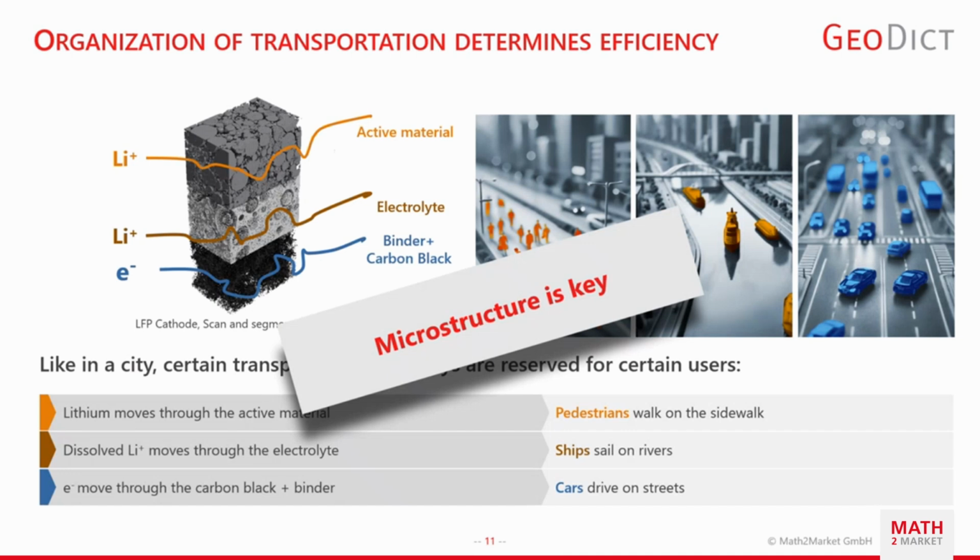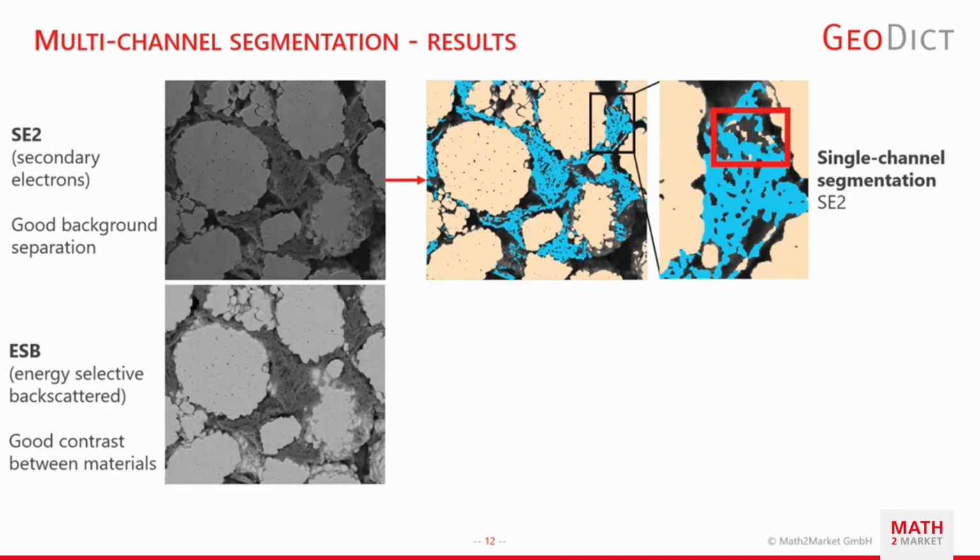And the question is now, how do you start this? I want to quickly show you how you can digitize a scan. It was already mentioned this morning. When you have a FIB-SEM scan, you have a secondary electron image. You can do